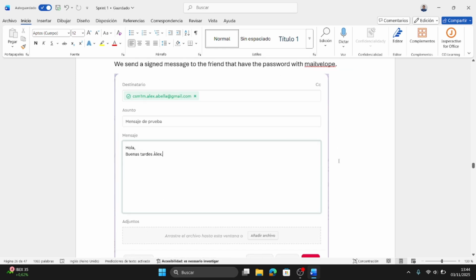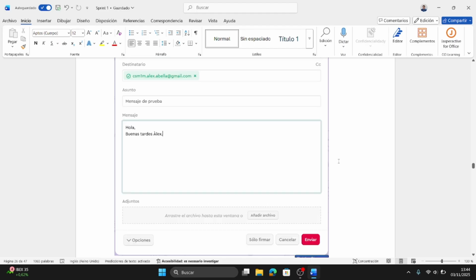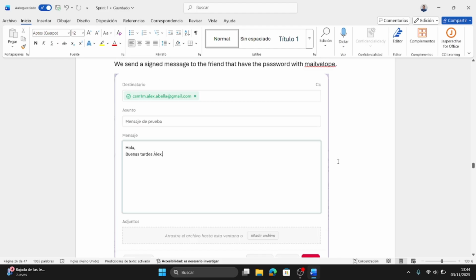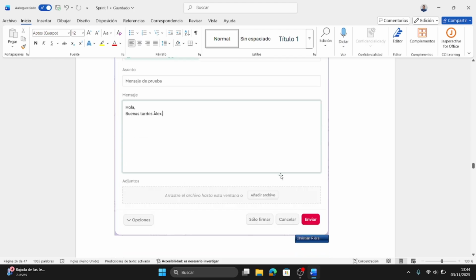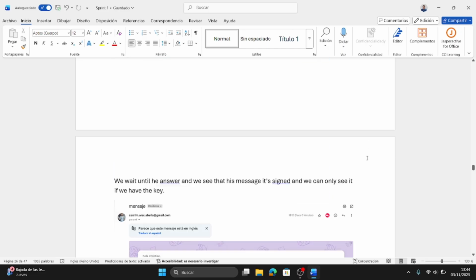We create a mail signed with the key that we are going to send to the friend, and we put the content that we want, and we click on sign and send.